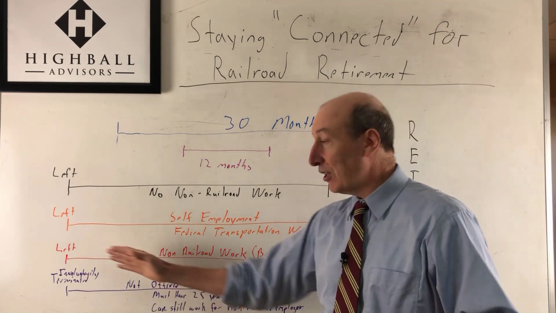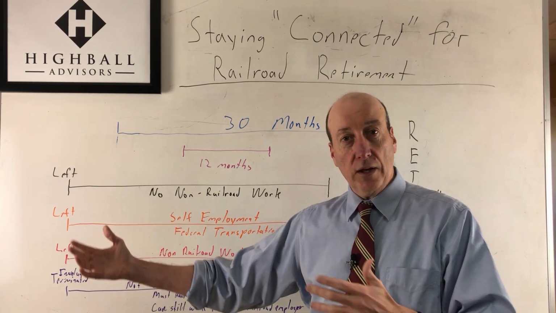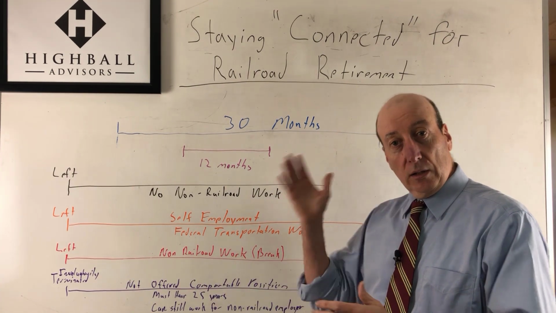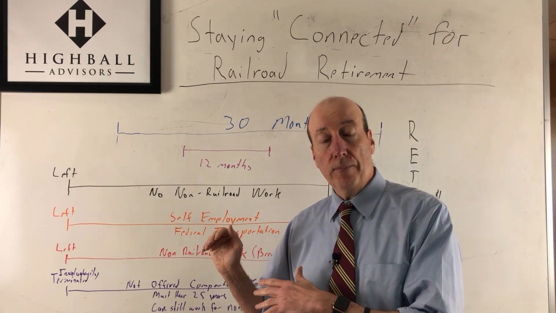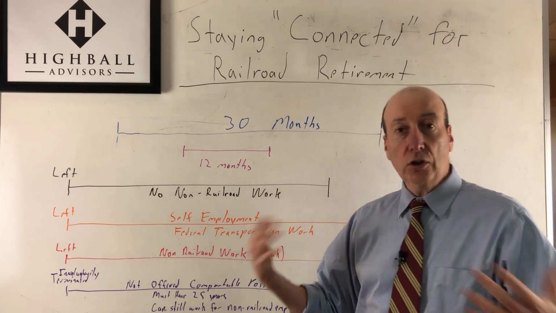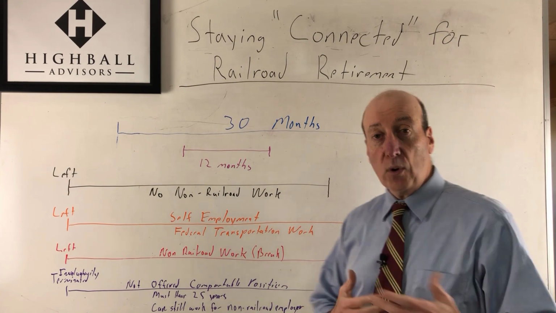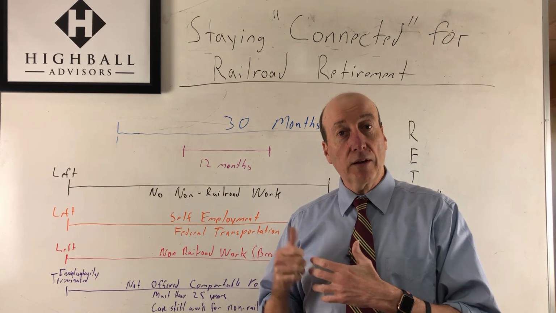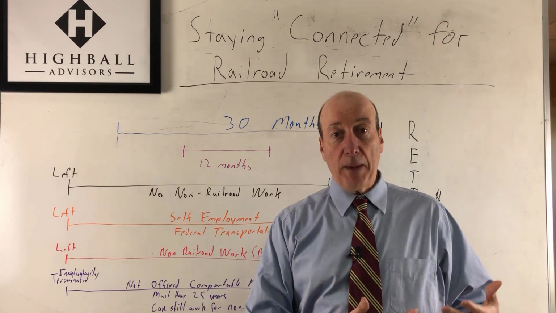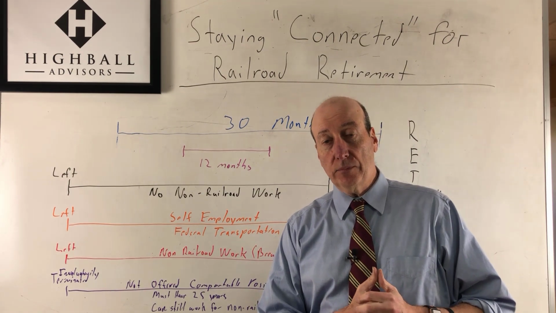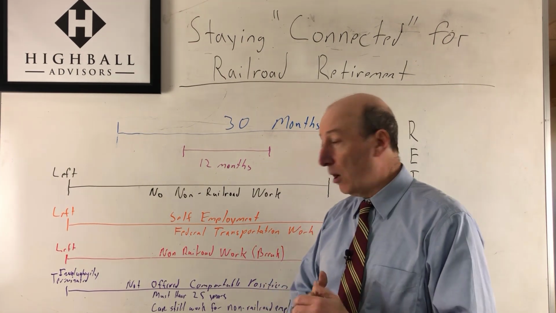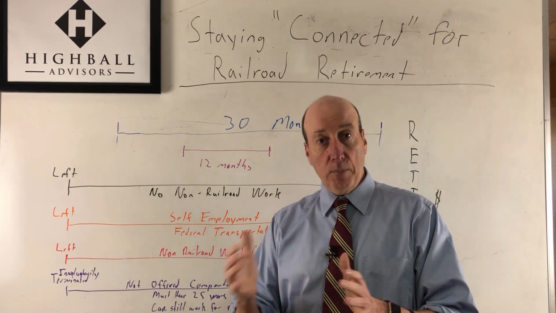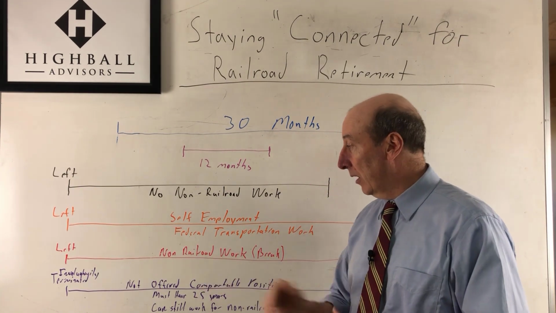Now, let's look at a bad scenario. Let's say you've left the railroad. Maybe you've been offered another job somewhere else, and you do non-railroad work. Automatically your current connection is splintered. You don't have it anymore. So now you have risk on that survivor annuity. What is that risk? If something unfortunate happens to you, the spouse who would be receiving the survivor annuity, which is the Tier 2 part, would be put into Social Security. That's a lot of money. That Tier 2 that you've been paying in all those years goes away. Very